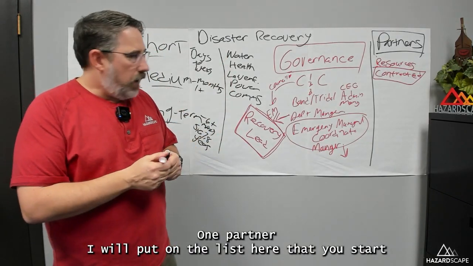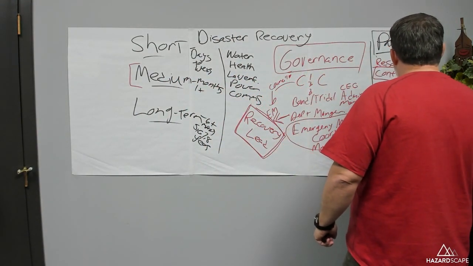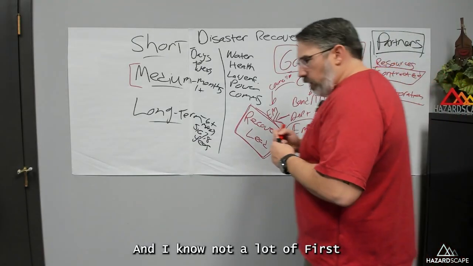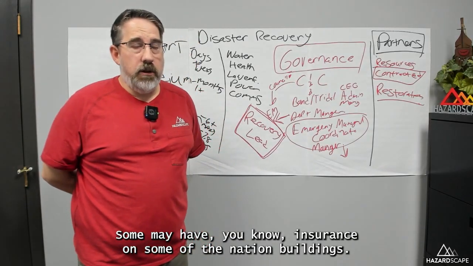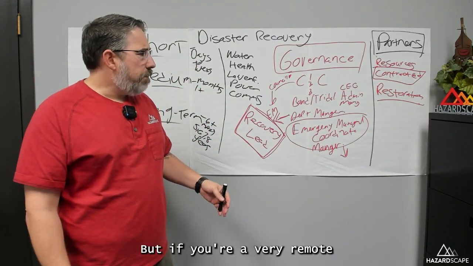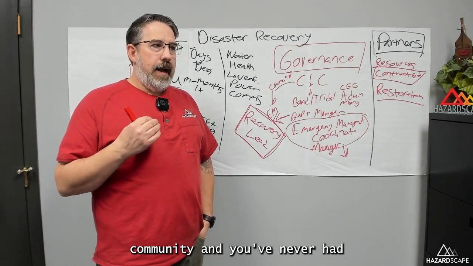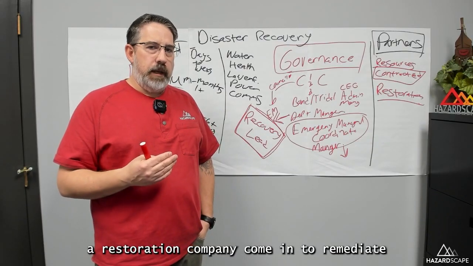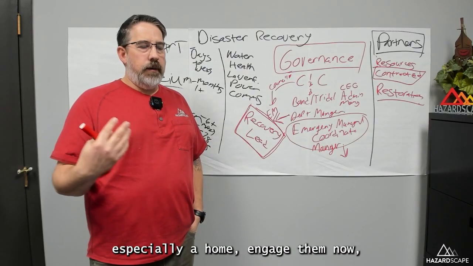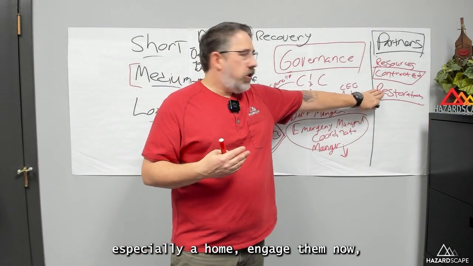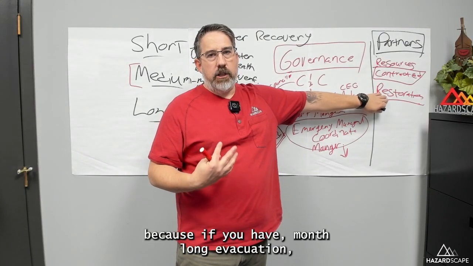One partner I will put on the list here that you start early is restoration. And I know not a lot of First Nations can get insurance, especially home insurance. Some may have insurance on some of the nation buildings. But if you're a very remote community and you've never had a restoration company come in to remediate a flooded home or school or whatever, especially a home, engage them now, because if you have a month-long evacuation, either from a flood or fire or whatever,